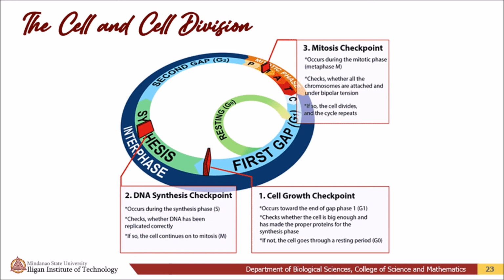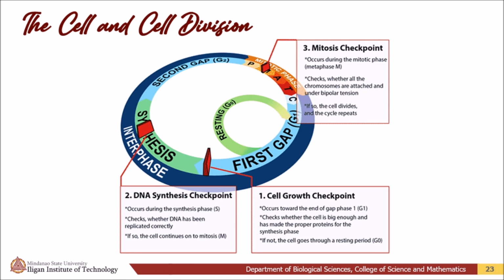These are not the only factors that can affect progression through the G1, and which factors are most important depends on the type of cell. For instance, some cells also need mechanical cues, such as being attached to a supportive network called the extracellular matrix, in order to divide. If a cell doesn't get the go-ahead cues it needs at the G1 checkpoint, it may leave the cell cycle and enter a resting state, which is the G0 phase. Some cells stay permanently in G0 while others resume dividing if conditions improve.